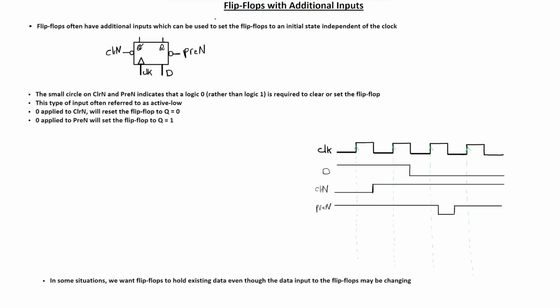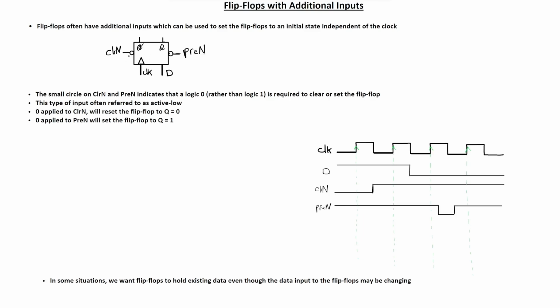Hello everyone. In this video, let's learn about flip-flops with additional inputs. The flip-flops we've been introduced to in the previous lectures have a D input, a common clock input, and they have a Q state output and a Q prime. Some flip-flops have additional inputs which can be used to set the flip-flop to an initial state independent of the clock. As we see below here, this D flip-flop has a clear N and a preset N